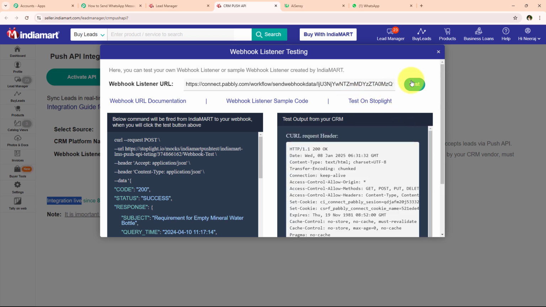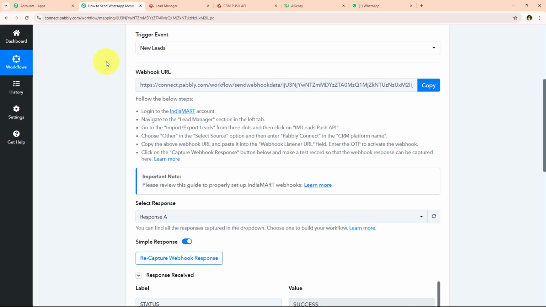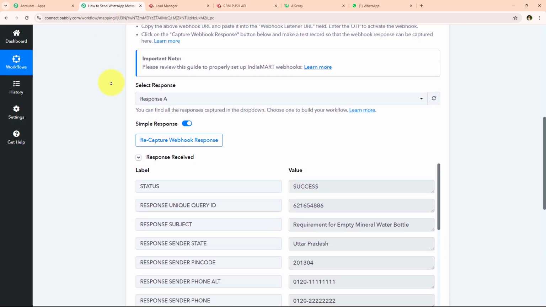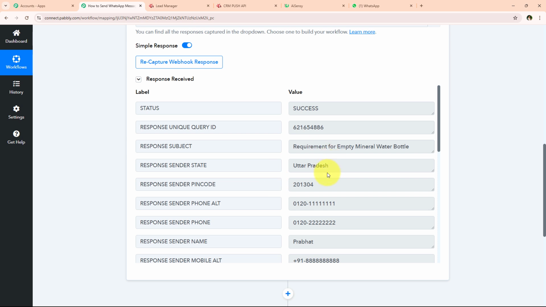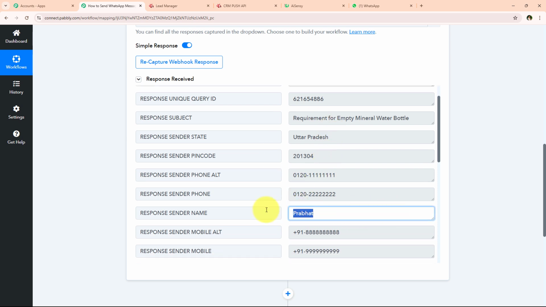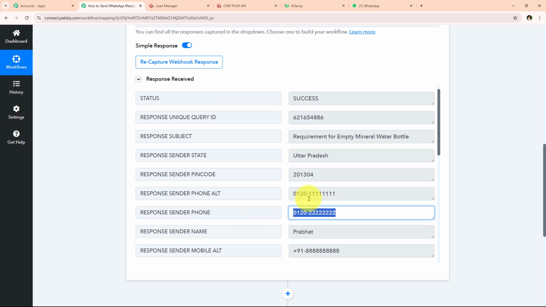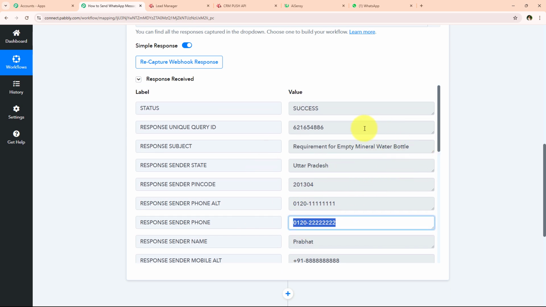Alright, and as soon as we click on this test button, yes, you can see that it has given me a curl request header. And as soon as we receive this curl request header, with this we have successfully done our test submission. And now IndiaMART has sent the details of our test submission to our workflow. And yes, you can see that Pabbly has captured the response of the test submission. You can see the name which we have received, which is Prabhat. You can see the mobile number, the phone number, or you can see the pin code, state, subject, unique query ID,